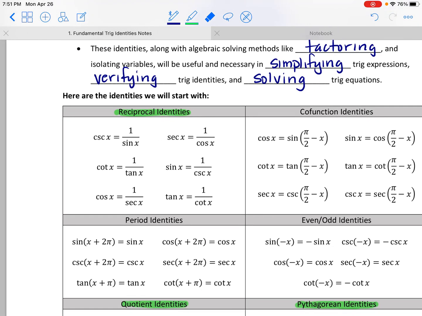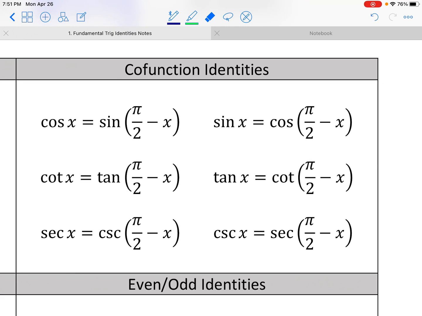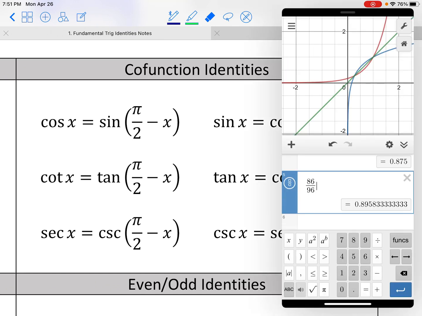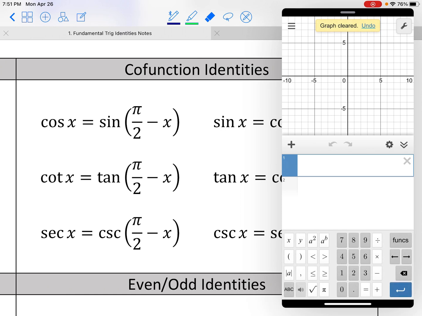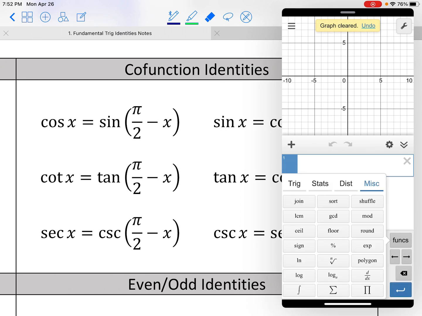These over here, these cofunction identities, are just transformations of our parent function. So let's look at, for example, what the first one is saying. Cosine of x, we know what this function looks like. If we graph the parent cosine function,